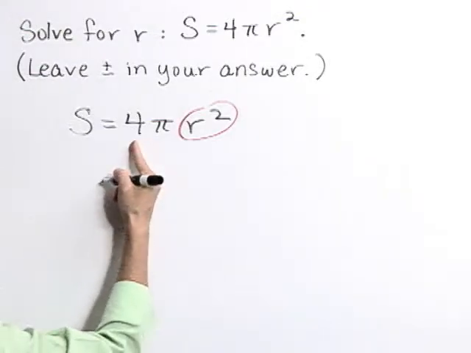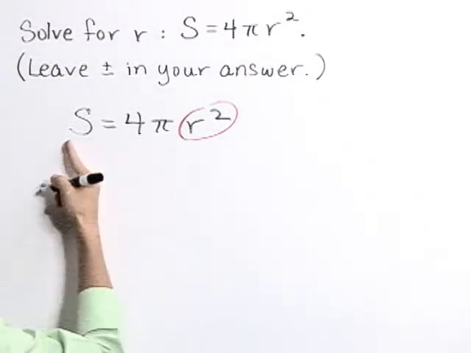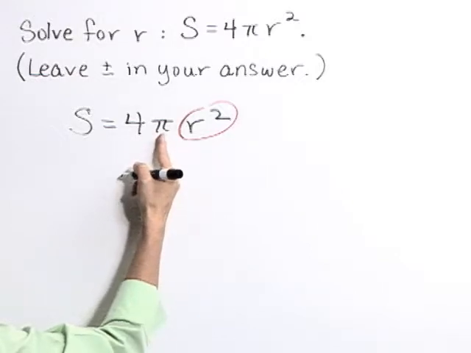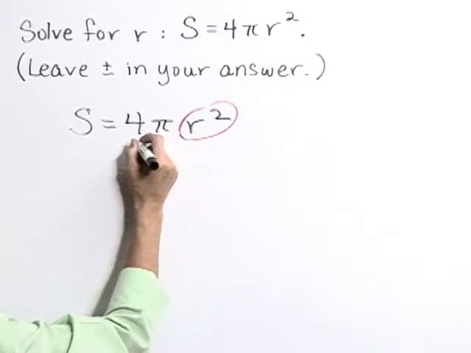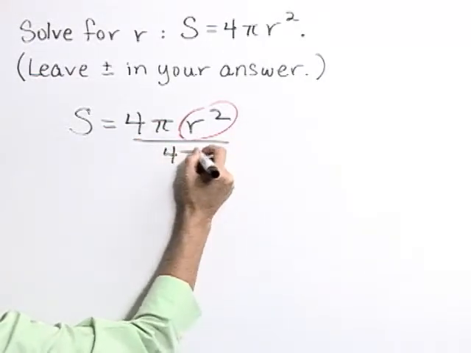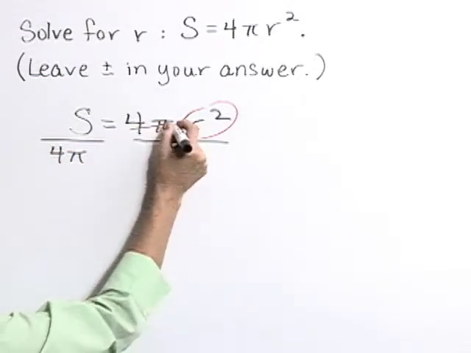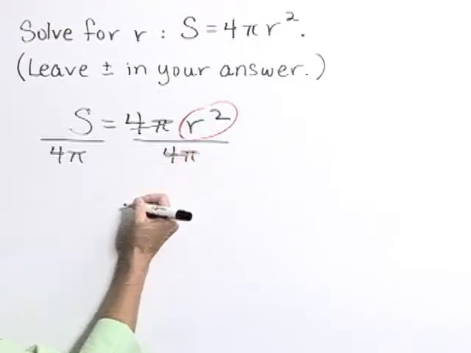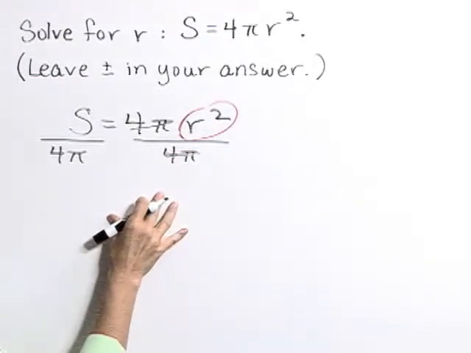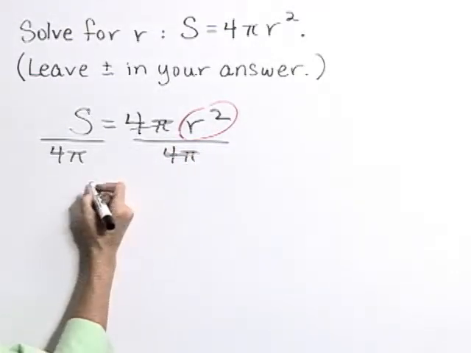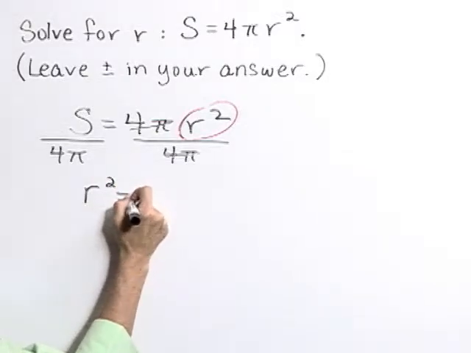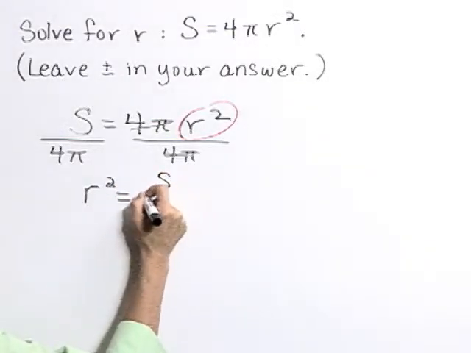So we need to start by dividing both sides by 4 pi. This is a product. Divide the right-hand side by 4 pi. Divide the left-hand side by 4 pi as well. This isolates our r squared value. I'm going to reverse sides here and write this as r squared on the left is equal to s over